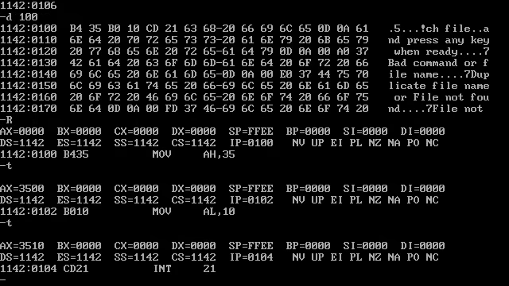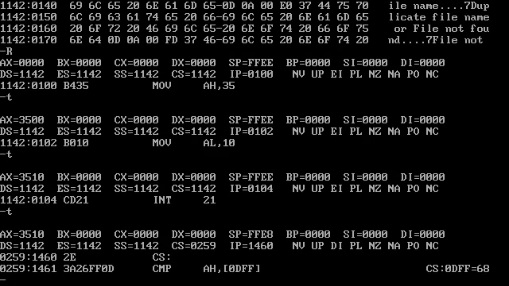So now we're all ready to run int 21, and this down here shows us that the next thing that's going to run is int 21. So let's go ahead and do a T, and look at what happens. Okay, all this garbage down here, we don't need to care about this. These are just random instructions that are still in memory, so just forget that. But the important thing here is after you've run int 21 35, as we've just done, ES and BX will point to the location of the